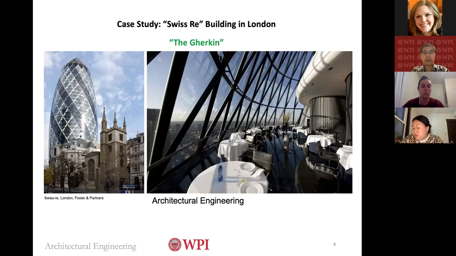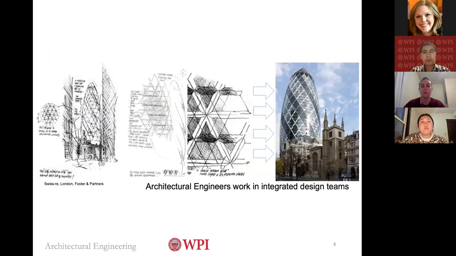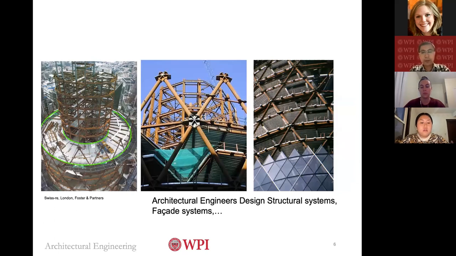So let's show an example. This is a landmark building in London, England. I think this is a multi-purpose building. When the owners or developers want to design a fancy, aesthetic building, architects usually first think about the general form and massing of the building. They start from scratch to get a general shape, and then the architects work with engineers in a team to make the building happen. One element is structural engineers.